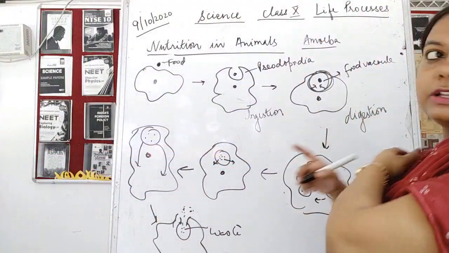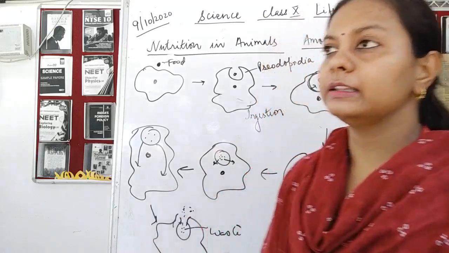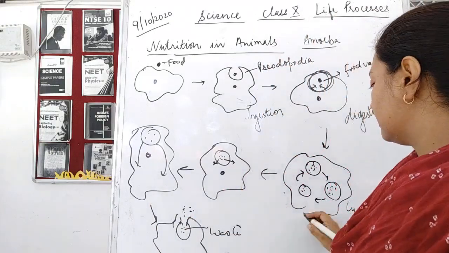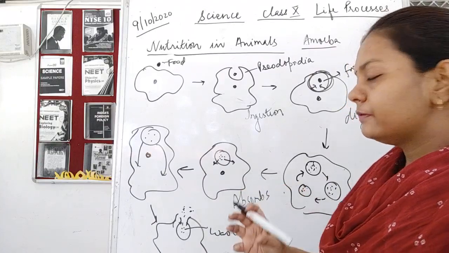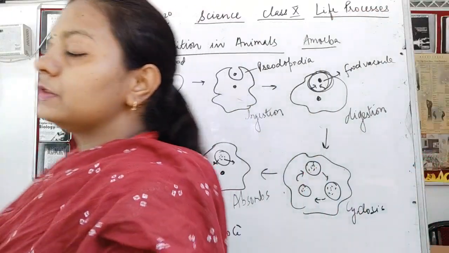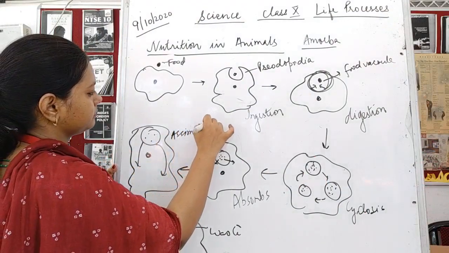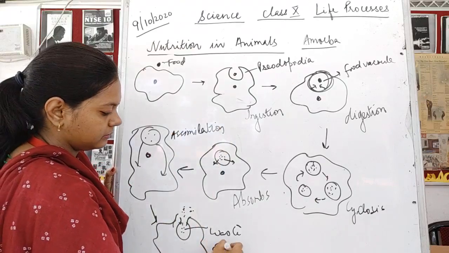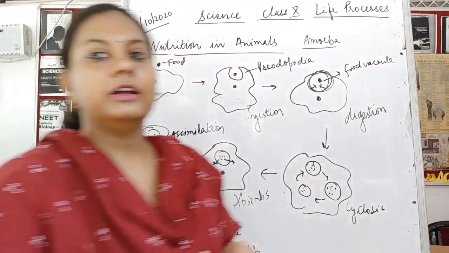Now once the food vacuole is present, this is going to give rise to a simpler product, which could be releasing energy. Now this is ready to release energy. So after digestion, it absorbs energy. Once the amoeba absorbs energy, it is going to distribute the energy, and as a result of this distribution, this is said to be assimilation. And once the assimilation takes place, the excretion is left. What is this excretion? The body of the amoeba is getting rid of the waste material.